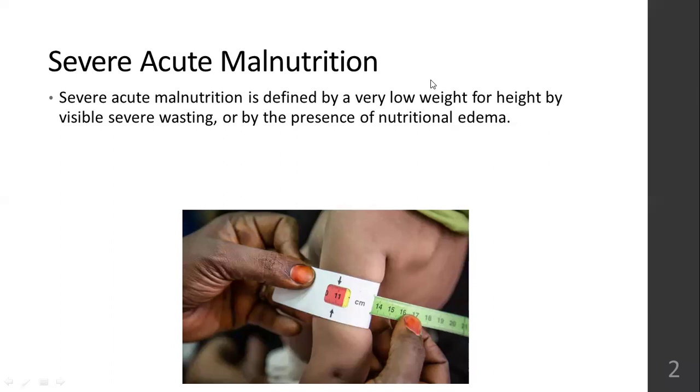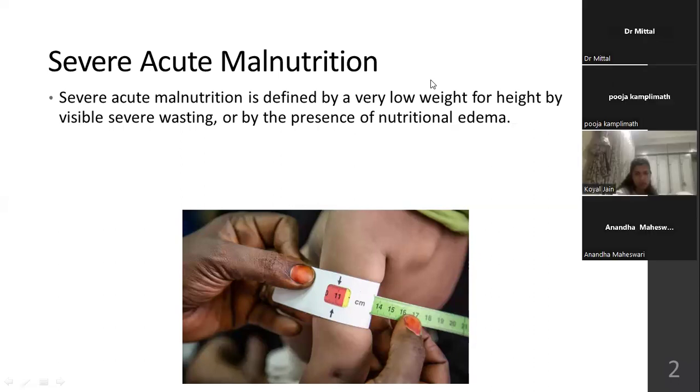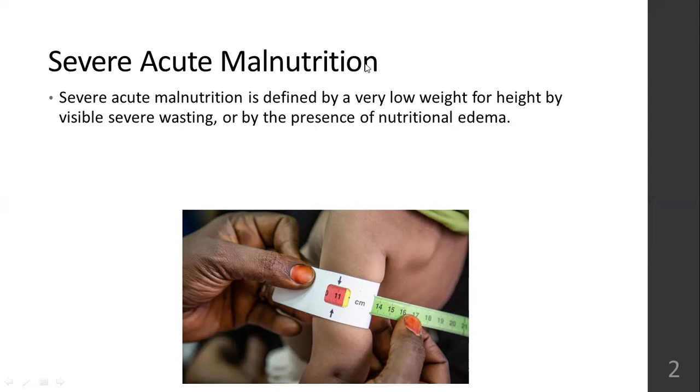Even on top of that, if you see children who pass away, the child who is under the age of 5 will always have the highest mortality rate. Once the child has crossed the age of 5 years, the mortality rate dips. Otherwise, for every child under the age of 5, the death rate is high.